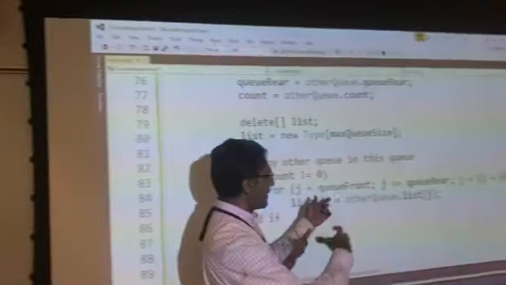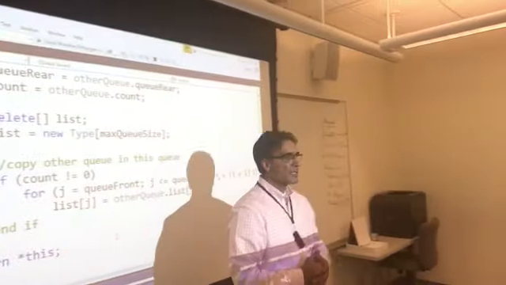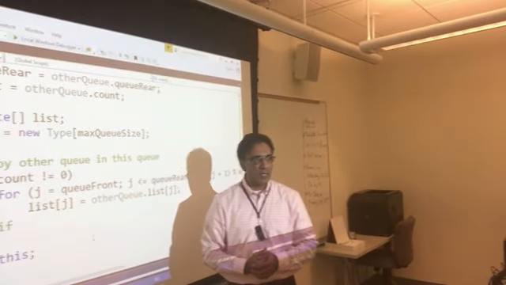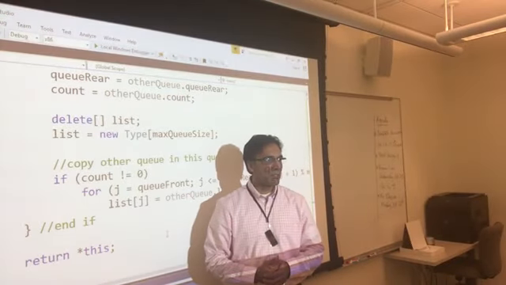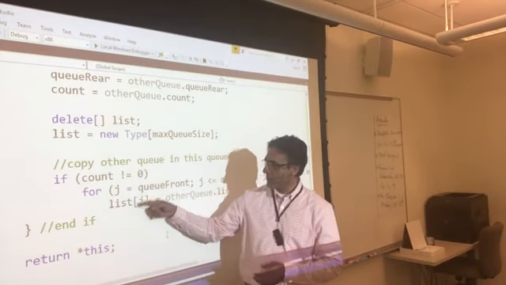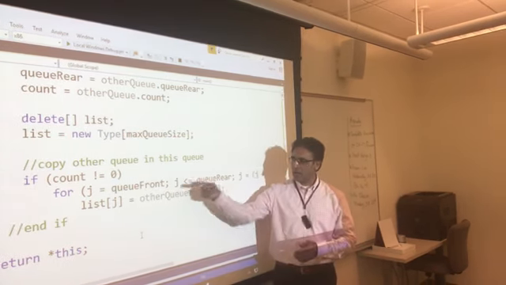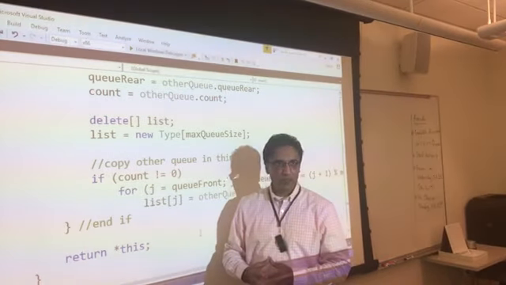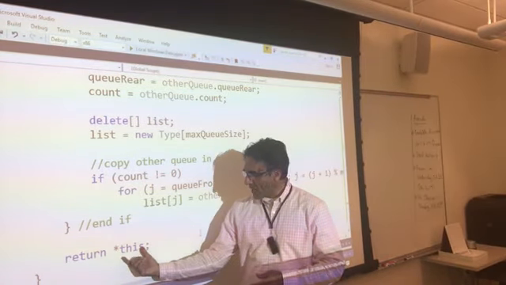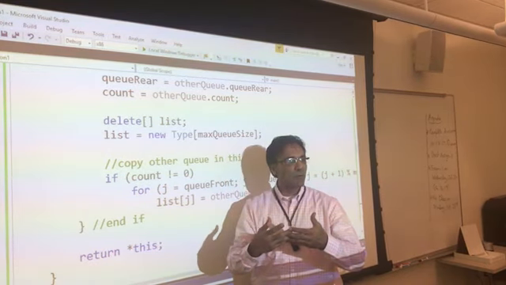take all the data and assign it to the local one. Now this looks very similar to the previous constructor. It is literally copy and paste from the previous constructor, the one we had looked at. We just basically run from the front all the way to the back and take each element and copy it to the local one. Once this has been copied,